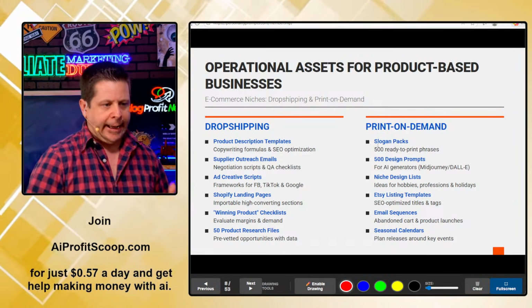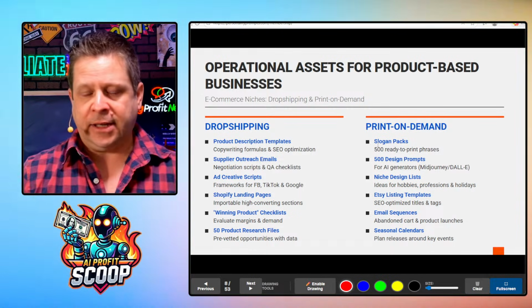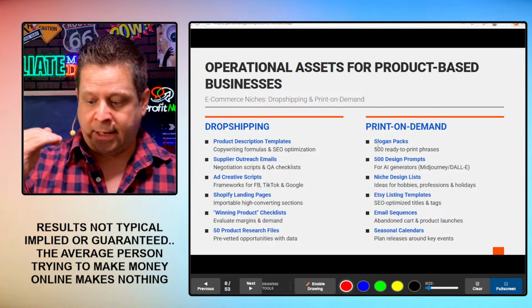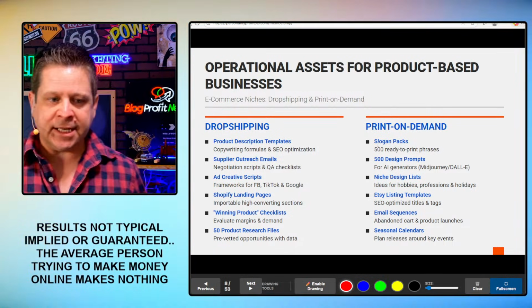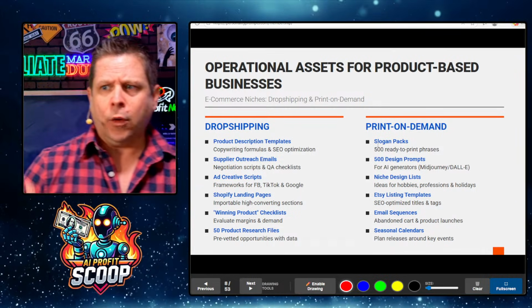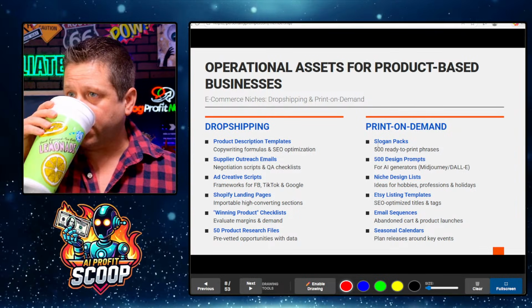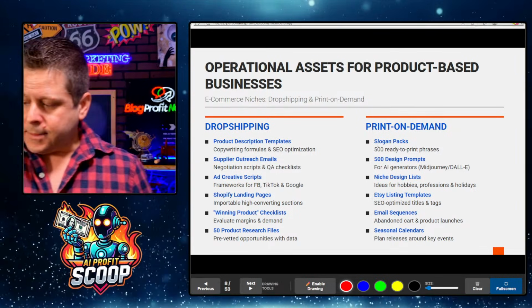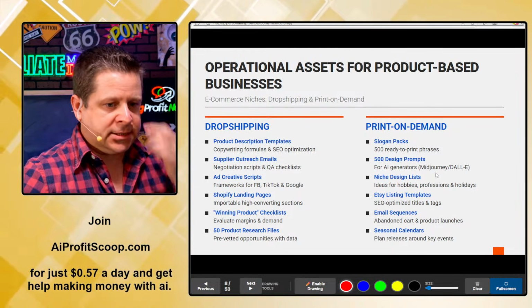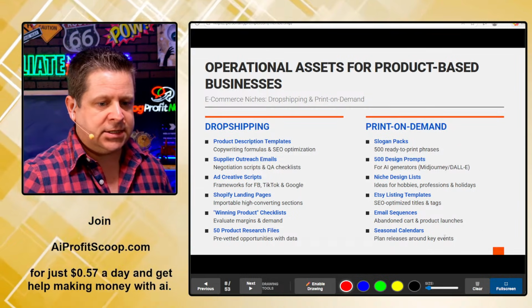Some of the things that you look at might seem simple to you, but to someone else, it's going to be a lot of value. And if you keep updating it, you're going to have that value grow exponentially. That's the key here. A lot of people are focused on making one sale one time, where I could go through and create a sale that's going to go over and over and over again, because it is a monthly recurring. You can do slogan packs, design prompts, niche design lists, Etsy listing templates, email sequences, seasonal calendars,